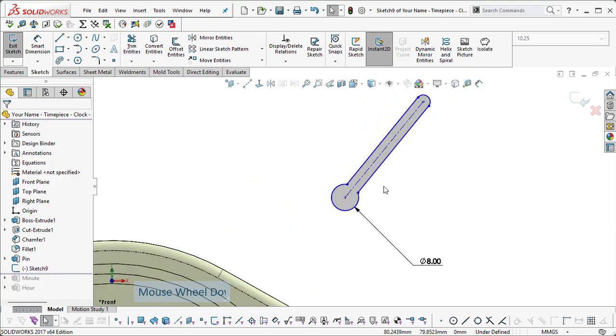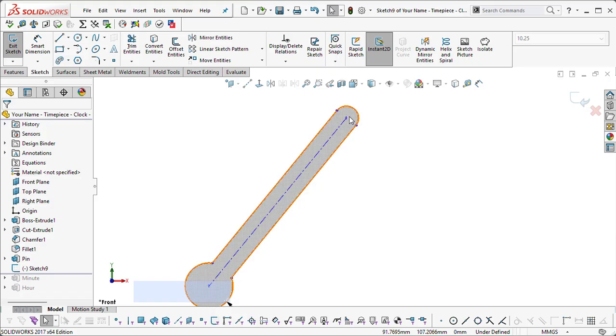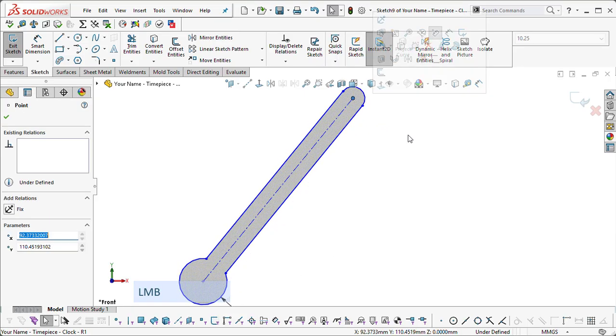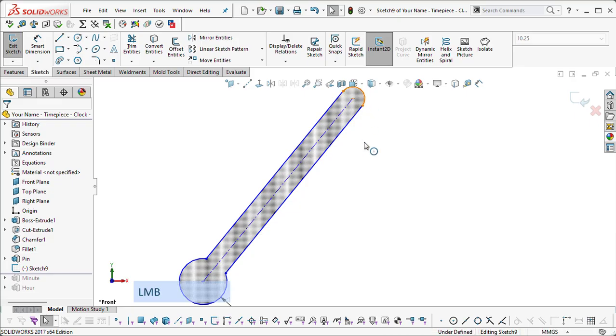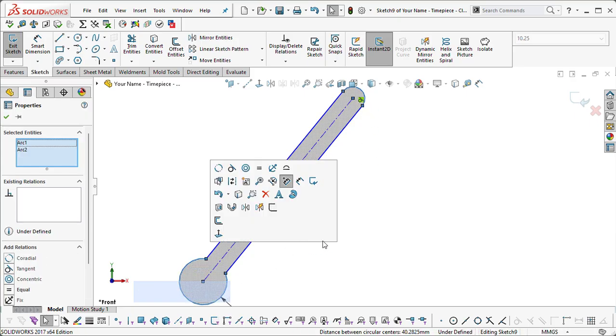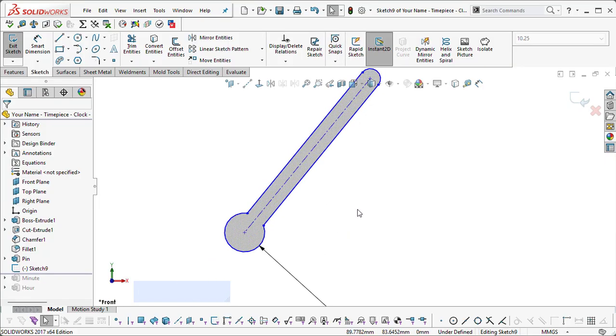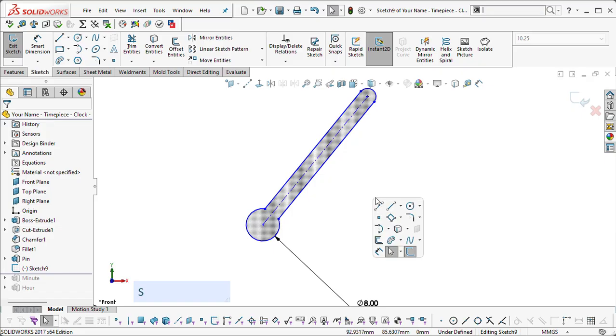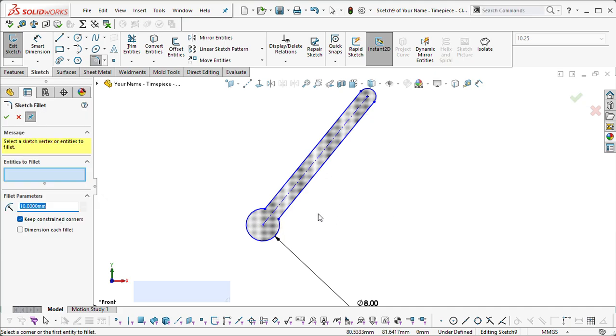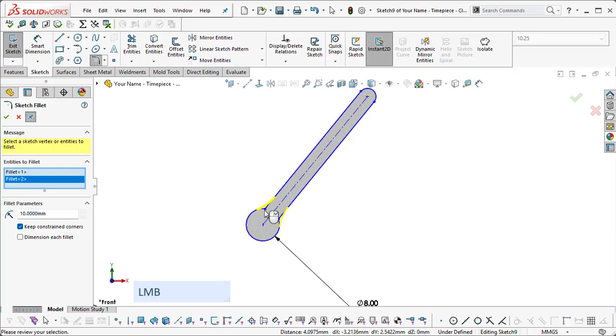I'm hitting the escape button so that if I now try and move this item, these two circles are linked via their centers using that item. The next thing to do is to put in a sketch fillet. So using the S key, sketch fillet, and then I just need to click on the vertex and the vertex,